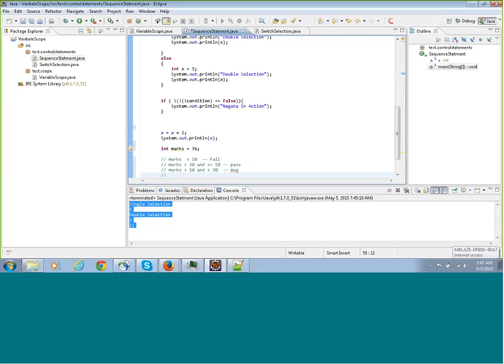Pass, he is pass, but he is an average student. And something like that. If greater than equal to 70 and less than equal to